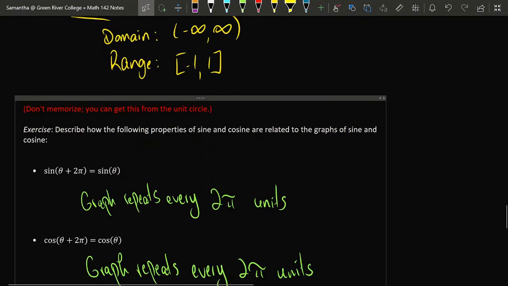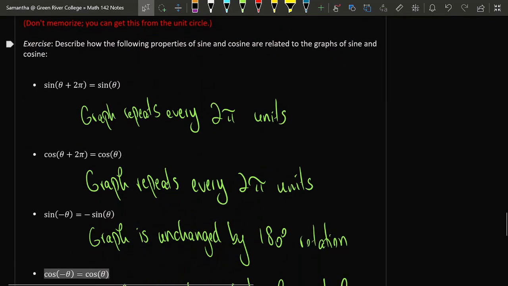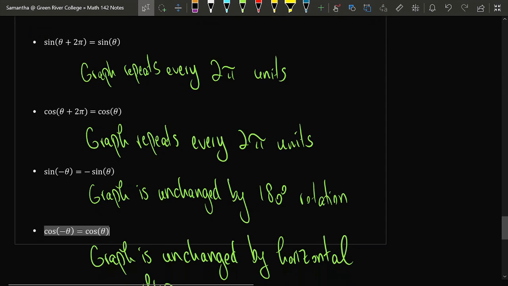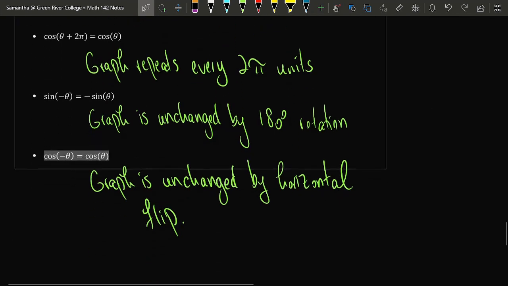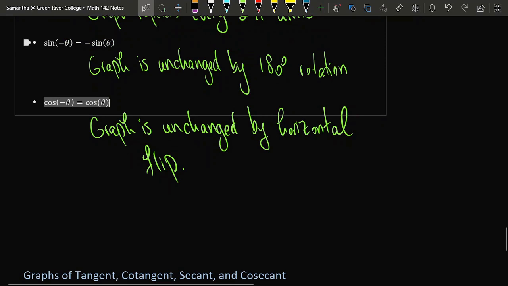We're almost done. Just a quick note that in the notes I have summarized some of the observations that we made as we were looking at the graphs of sine and cosine a few minutes ago. For example, the fact that sine and cosine repeat every 2 pi units, the fact that sine is an odd function, and you could see that in the graph, and that cosine is an even function, and you can also see that in its graph. So I've made those notes here.